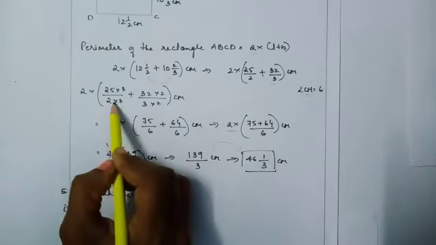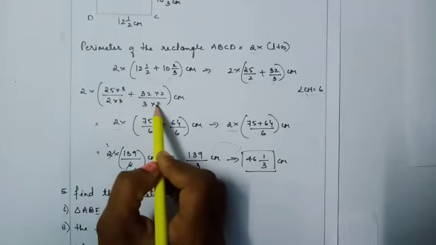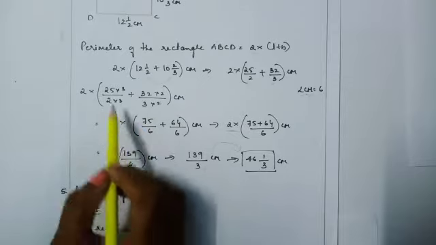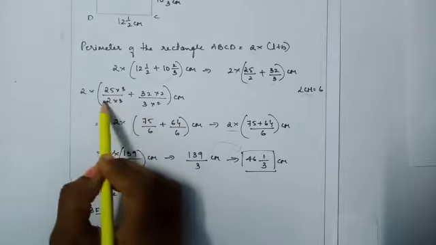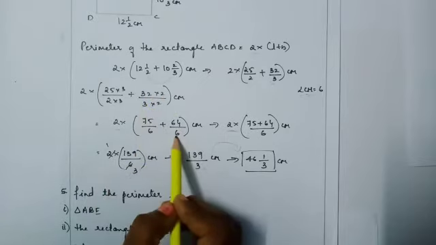The next step: 2 3s it will be 6, so same into 3 in the numerator. 3 2s it is 6, so same into 2 in the numerator. So the next step, 2 into as it is, 25 3s are 75, 2 3s are 6, plus 32 2s are 64, 3 2s are 6 as it is.